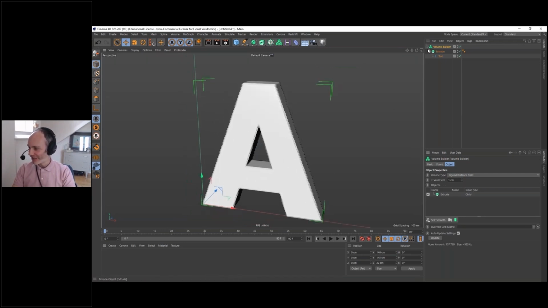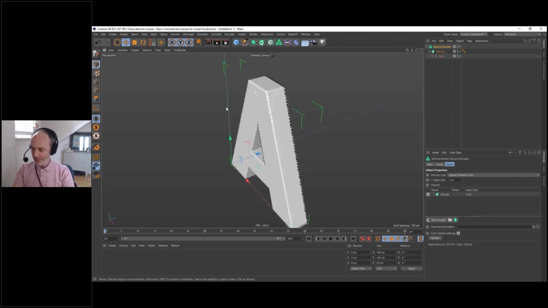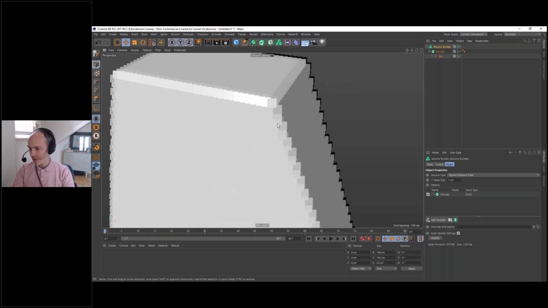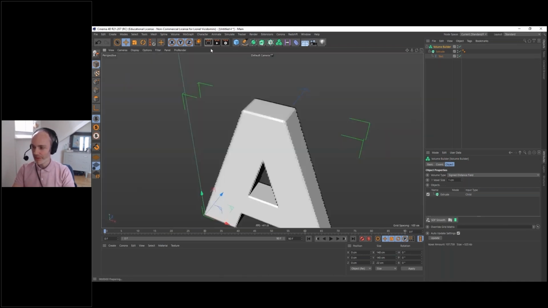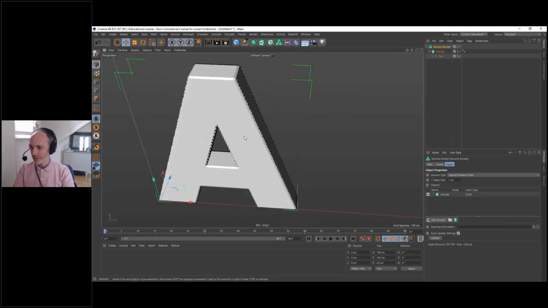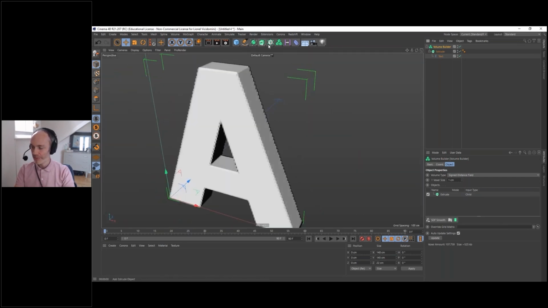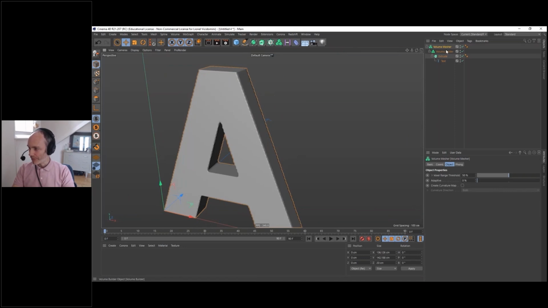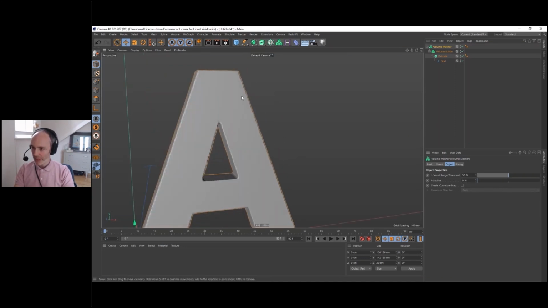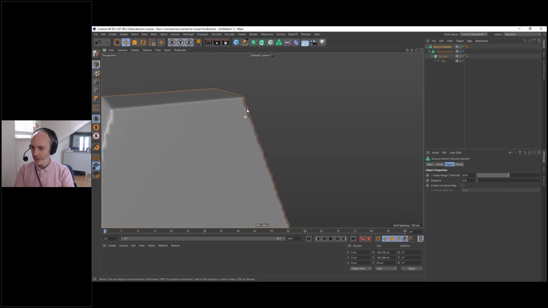Okay, so where was I? So we have the volume builder, and this is voxels. So voxels are not 3D polygons. They can't be rendered. If I try to start a render, I don't see anything. So I had to put it inside a volume mesher. That's the standard workflow every time you use the volume builder. So now it's done, but as you can see, we have some aliasing here.